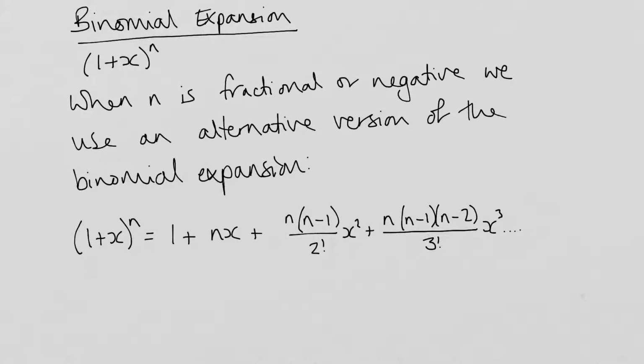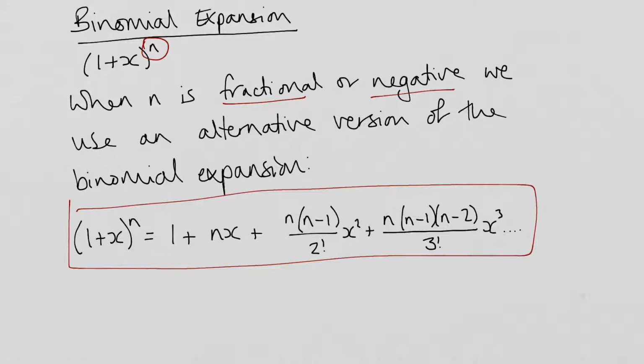Hello, so we're looking in this lesson at binomial expansion. We're looking at it for the second year course, which means we're looking at binomial expansion when the power of n at the top here is either a fraction or a negative number. It will be in your exam a fraction or a negative number, and so you just need to use a slightly alternative version of the binomial expansion, which I've given here, and which will be given in your exam papers